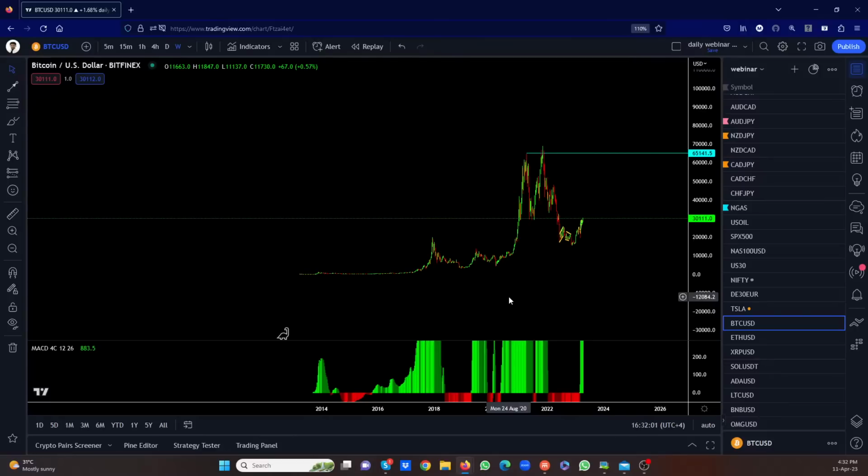Bitcoin does not have any intrinsic value. Zero value in that sense, right? The value of Bitcoin is the value of the people investing in it, which means the only time Bitcoin is going to go up is if there are more willing buyers. The only time it's going to drop is when people start to sell, right? So if it's dropping, it means nobody's willing to buy and maybe some people are selling. If it is going up, it means that some people are buying.